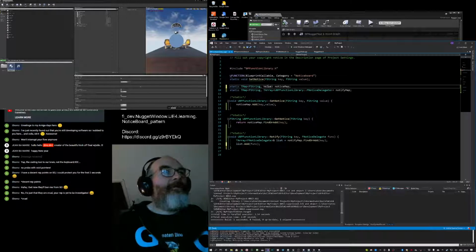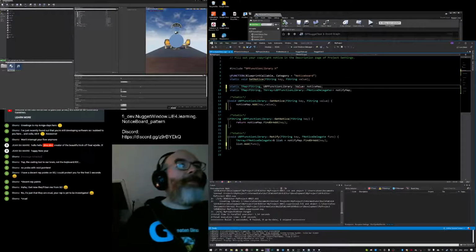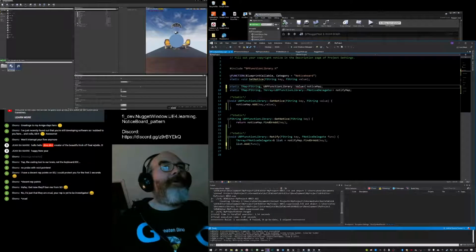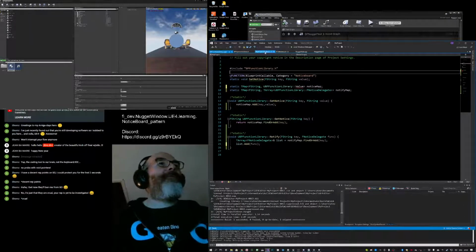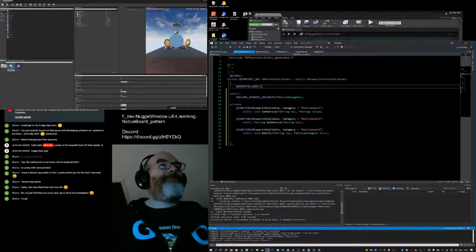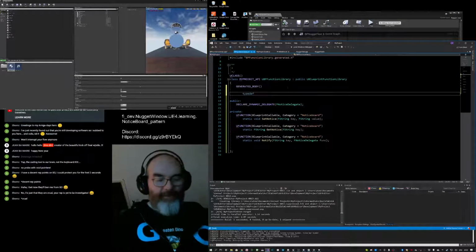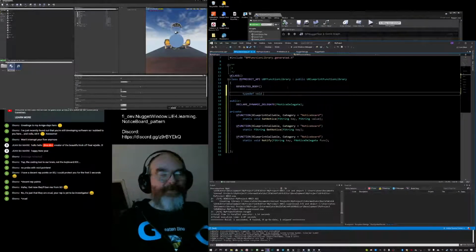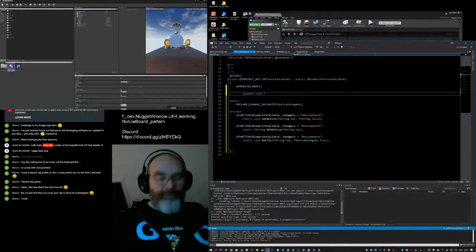What kind of value? So what I'm going to do is put that in here, UBP function library value, and the value I need to define that. Well, you should probably define the value in here. Typedef void star value.